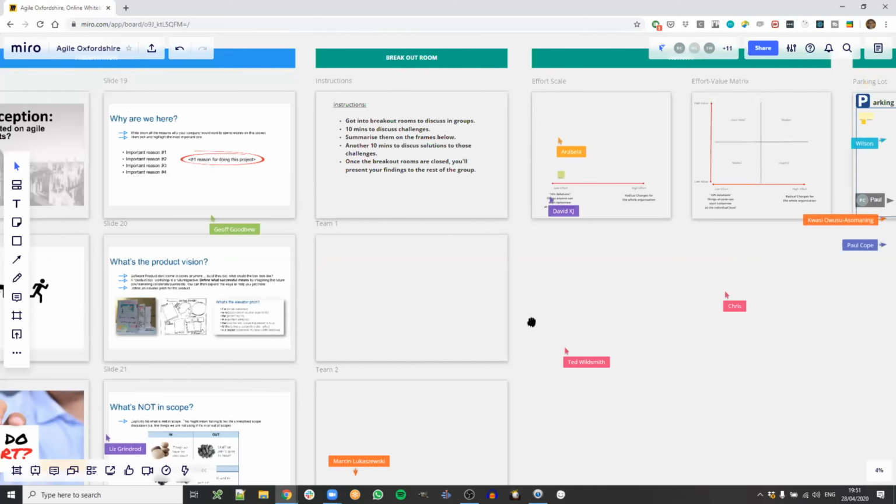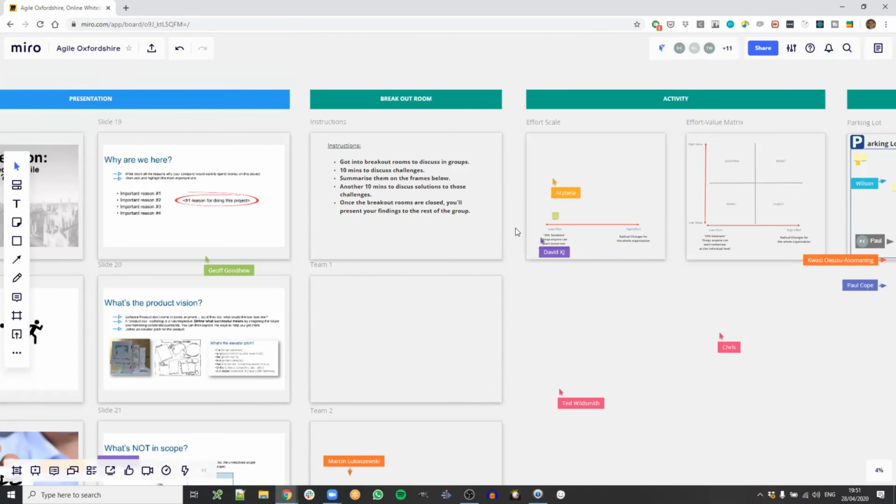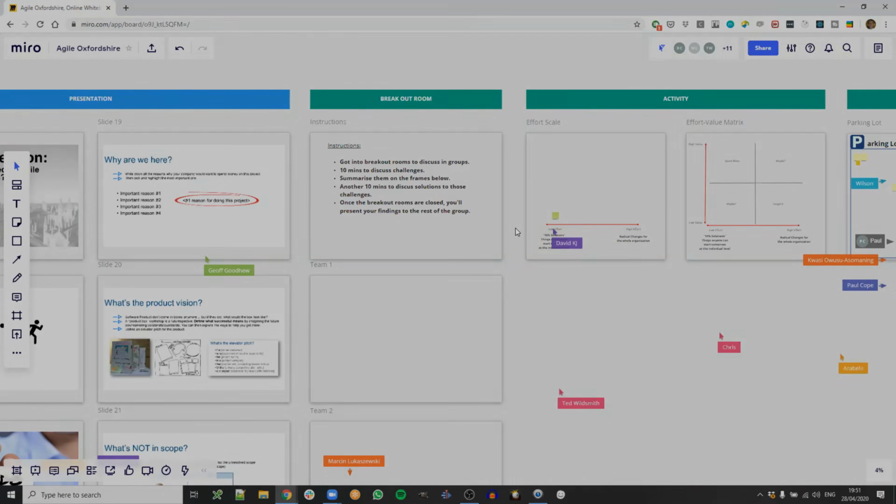Is the exercise clear? Have I explained that clearly enough? So go into groups, discuss the whole Inception thing. Is this a good idea? Do you do other things from what I presented? If so, what is that? Or do you have challenges, things that you don't know how to solve? And then they can brainstorm solutions about it. Does that make sense? Let's try it.